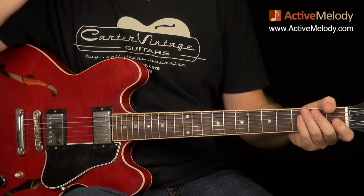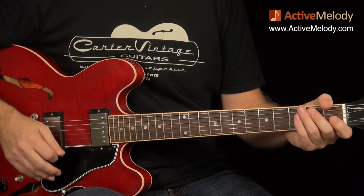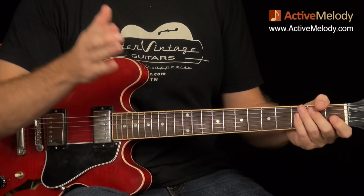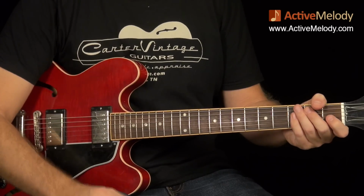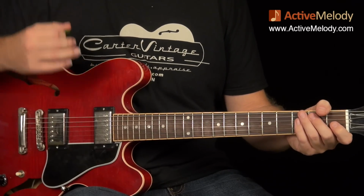Now, in the intro I mentioned that what we're going to be playing in this Cajun or Zydeco style is you're going to be playing on the offbeat, or think of that as the and notes. So if we're counting each measure, we're going to count it 1 and 2 and 3 and 4 and. And every time I said and, I'm going to do an upstroke with my right hand and play these little